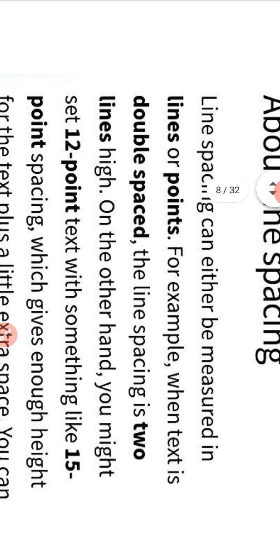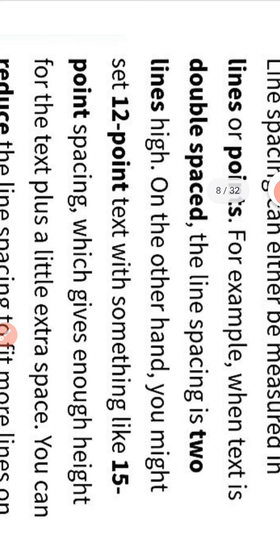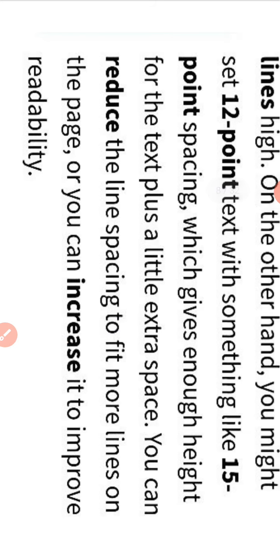For example, when the text is double spaced, the line spacing is 2 lines high. On the other hand, you might set 12-point text with something like 15-point spacing, which gives enough height for the text plus a little extra space. You can reduce the line space to fit more lines on the page, or you can increase it to improve readability.